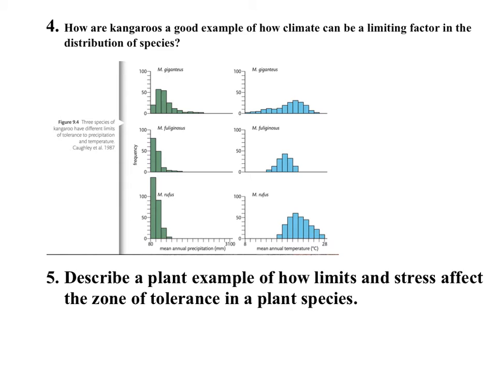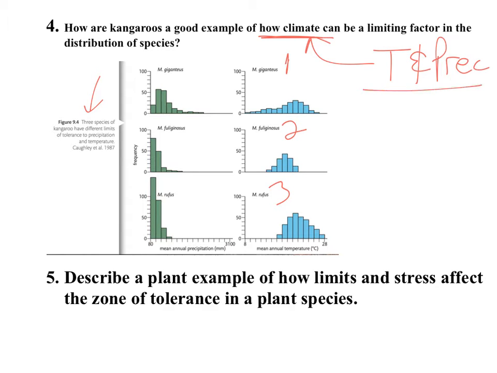How are kangaroos a good example of how climate can be a limiting factor in the distribution of species? So if you would read the question with me, we're looking at 3 species of kangaroos. So we have species 1, species 2, species 3. Gigantus, Phylogenosus, and Rufus. And so we are looking at how climate, which is temperature and precipitation over time,